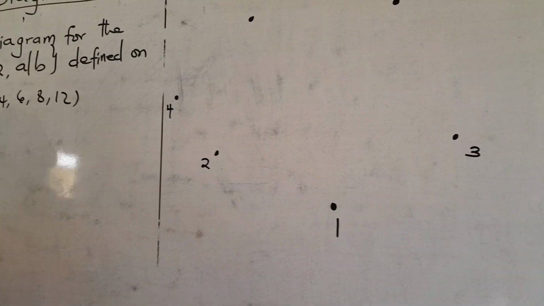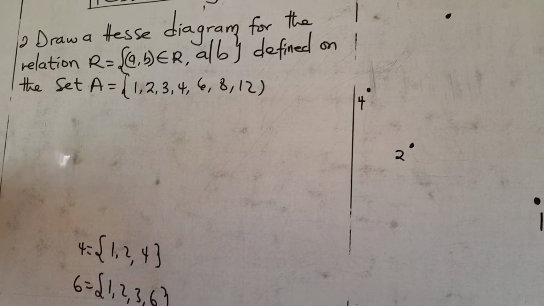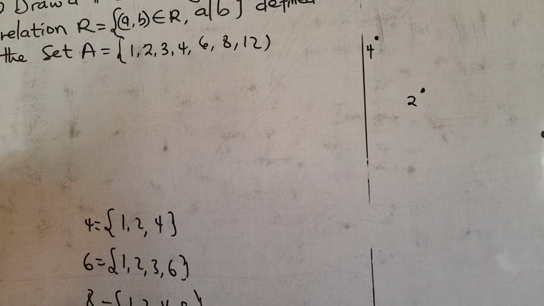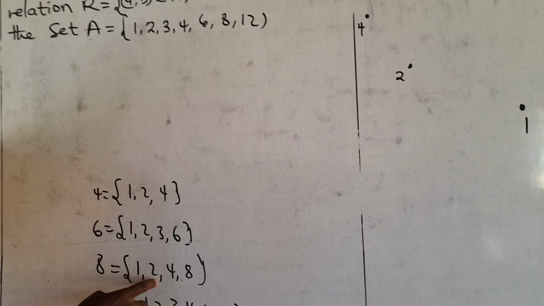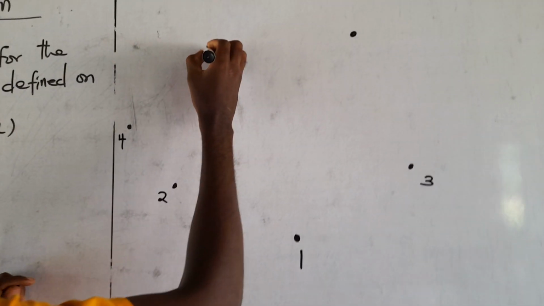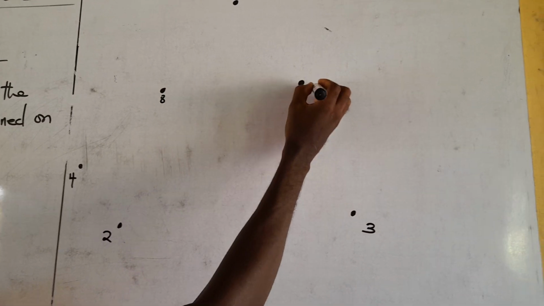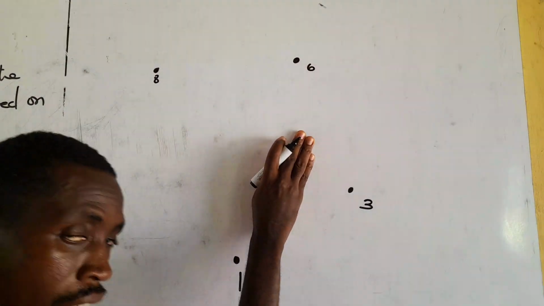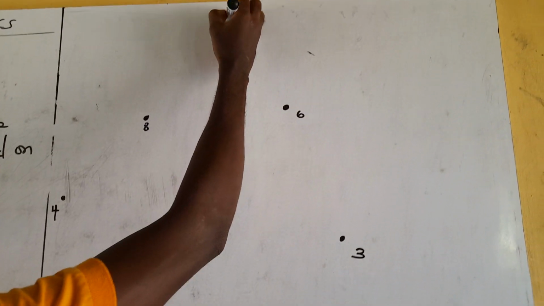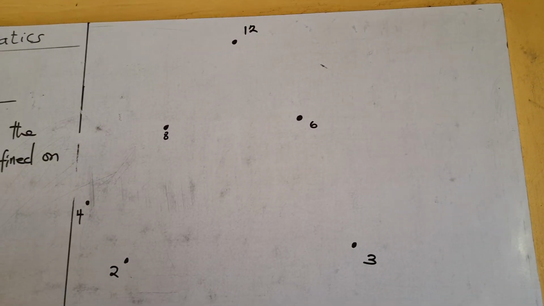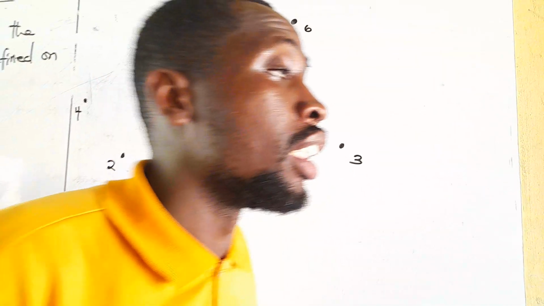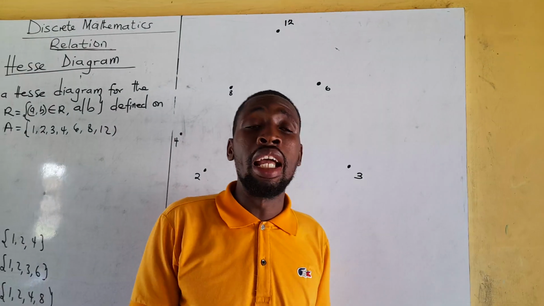Then those that have 4 factors. So you see that 6 is having 4 factors: 1, 2, 3, and 6. And 8 is also having 4 factors: 1, 2, 4, and 8. So we locate them as this as 8 and this as 6. Then the next or the last one is 12, which is having more than 4 factors. There we go. So the Hasse diagram is just saying that we'll draw a line from one element to the